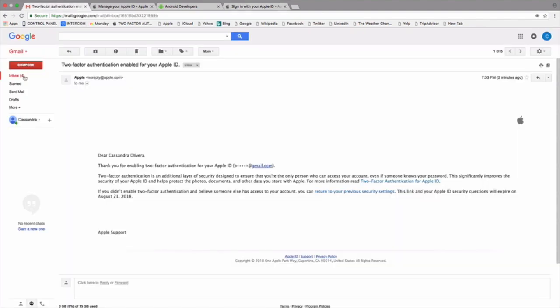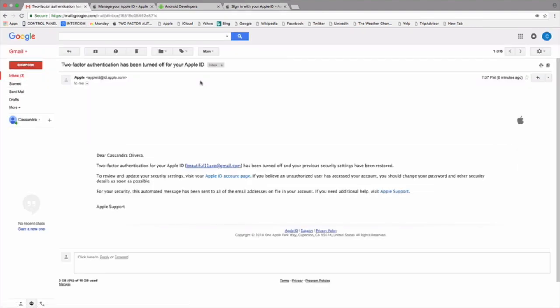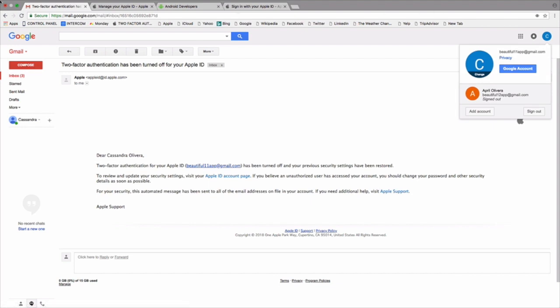Perfect. You're all good to go, and it will send you an email as well. Your two-factor authentication is off. So you are good to go with that part. The next part is going to explain your